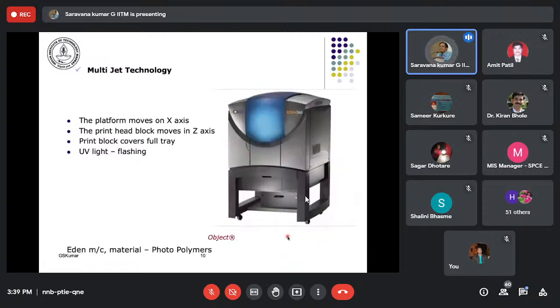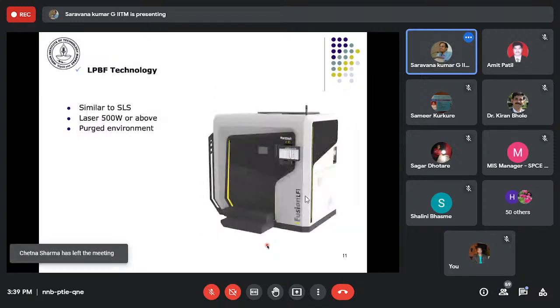So again, one of the configurations from a commercial vendor, Object, which, as I said, was taken over by Stratasys, and again a lot of grades of photopolymers are available.